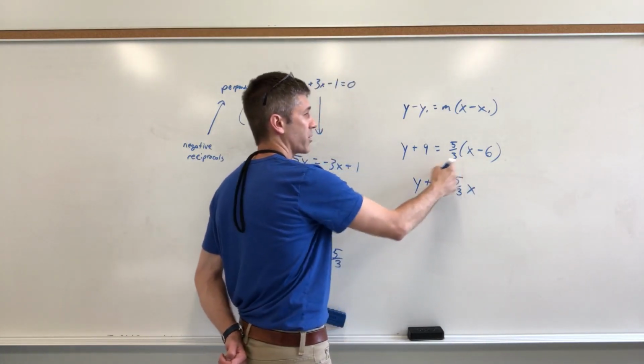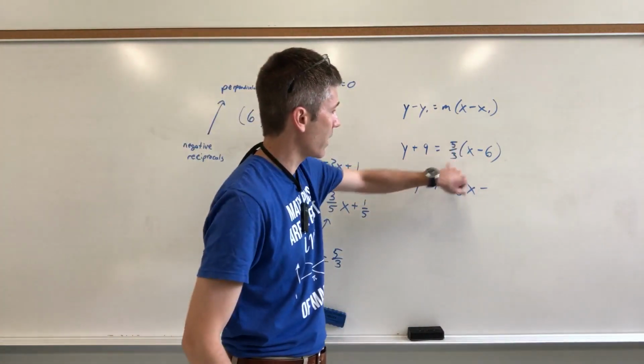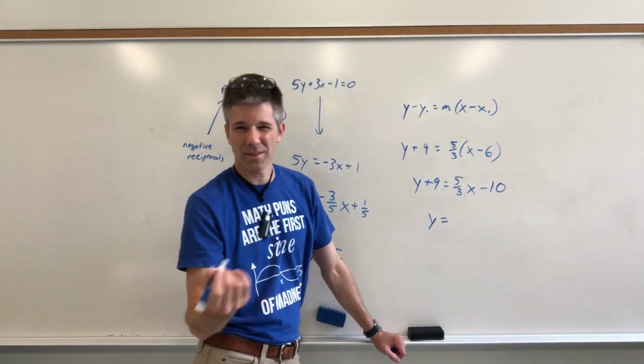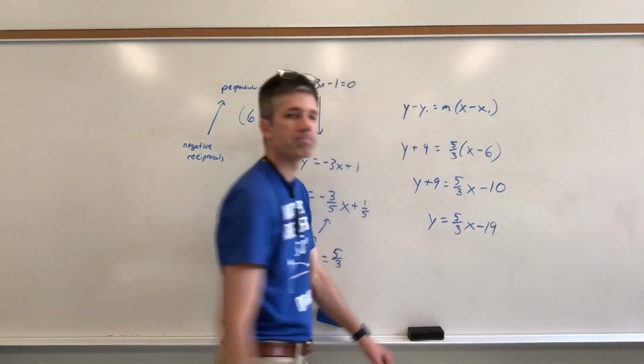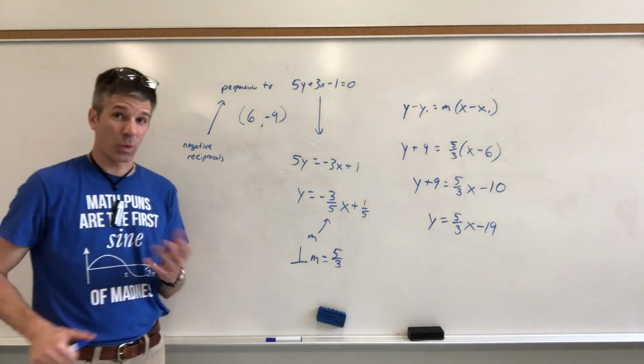5/3 times 6. Well, we know it's a negative. 5/3 times -6 gives us 30 divided by 3. That's 10. A lot of room for error if we skip too many steps, right? Right. There we go. Okay, the next one is going to look kind of similar in the way it's worded,